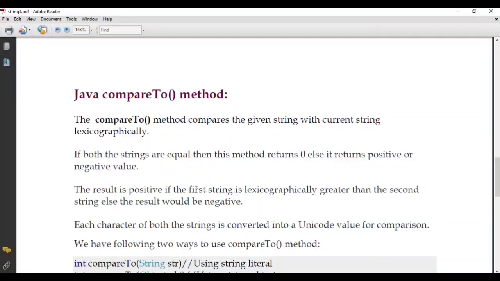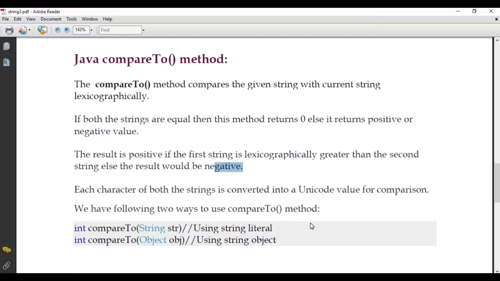It returns positive when the first string is greater than the second string, and if the first string is lesser than the second string, then it is going to return you a negative value. So internally it converts your character into ASCII or Unicode value for comparison, and then it returns the difference of that particular character. So here you can see it is returning me an integer value.